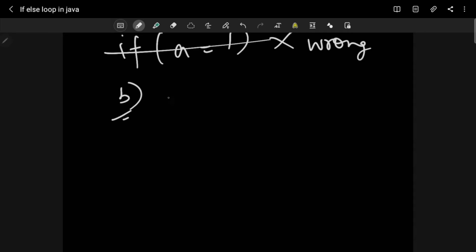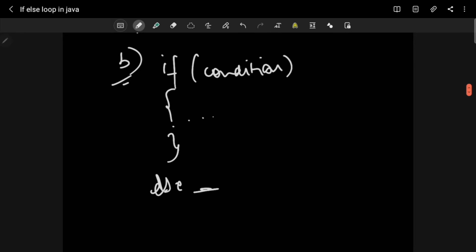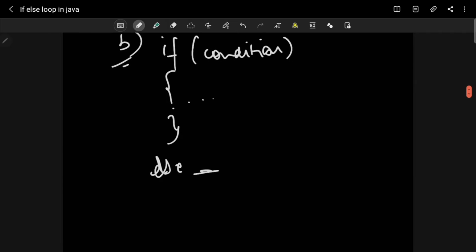Moving on to the if else condition. First you will write if, then you will write the condition in the parenthesis, right? You will open the block, write whatever statement is to be executed, and close it. Then here you will write else. Here you don't write any condition because you want to say that if this is true then do this, otherwise if this is not true, when this is false, then do this. You're giving only two options, right?